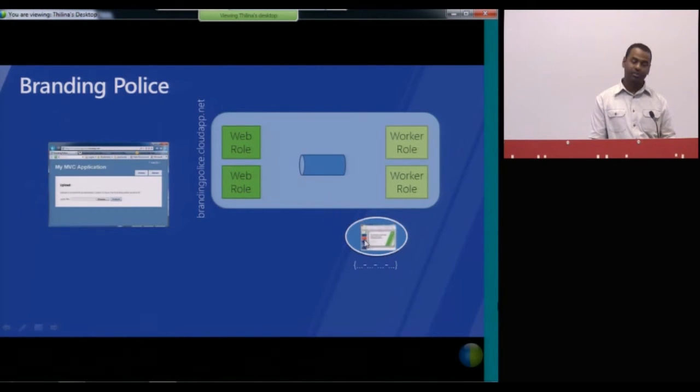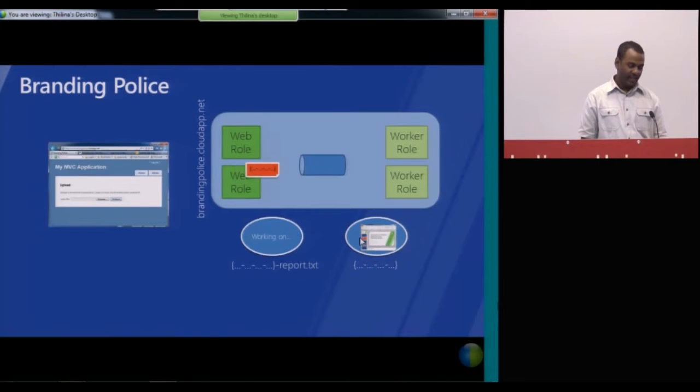And then it will also create a placeholder in the blob storage to store the results of the processing. And then it will create a queue message and put it into the queue. So there would be several worker roles listening to the queue. So these would be the worker roles who are responsible for going through this presentation and then figuring out is